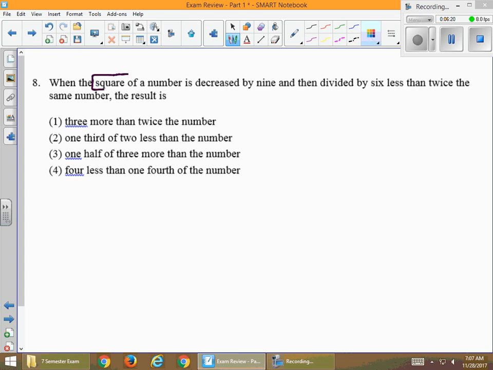The square of a number, I'm going to make that x squared. That is the square of a number. A number is going to be x. Decreased by 9 means I'm going to say minus 9. And then divided by, so that's where my divided by symbol is going to go, or my fraction bar. 6 less than twice the same number. So I'm using the same number, so I don't have two variables here. I still have x, and it's twice x,